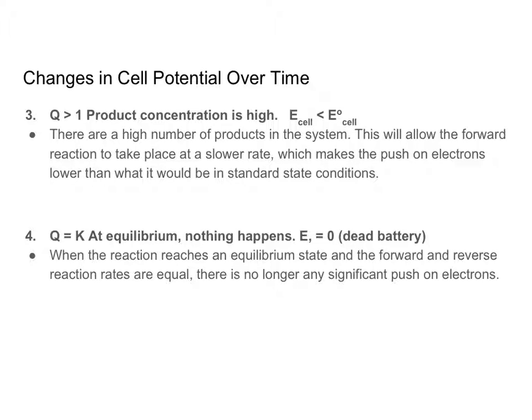So the cell potential gives you a dead battery because it's at 0. The reaction is at equilibrium, and there's no forward or reverse reactions occurring at a different rate, so they're equal, and there's no more push on electrons. So